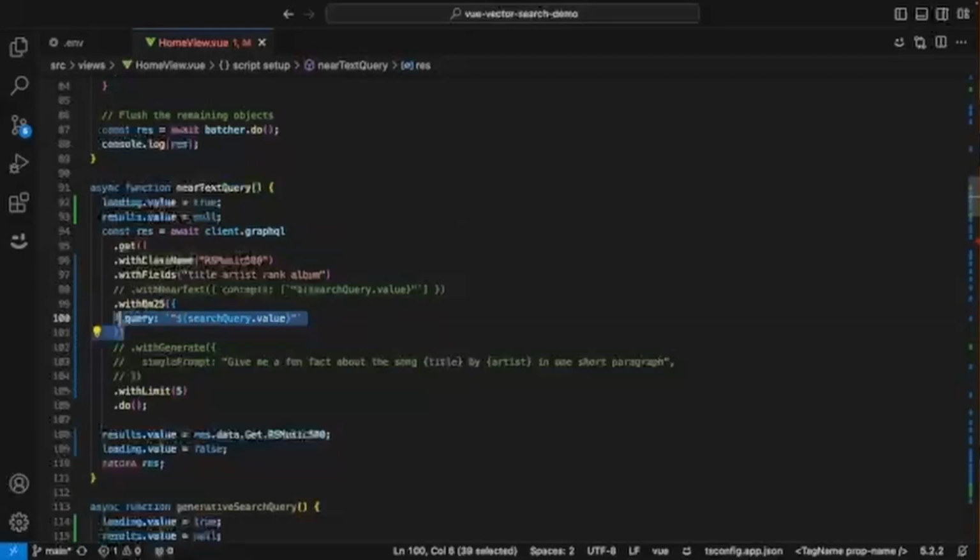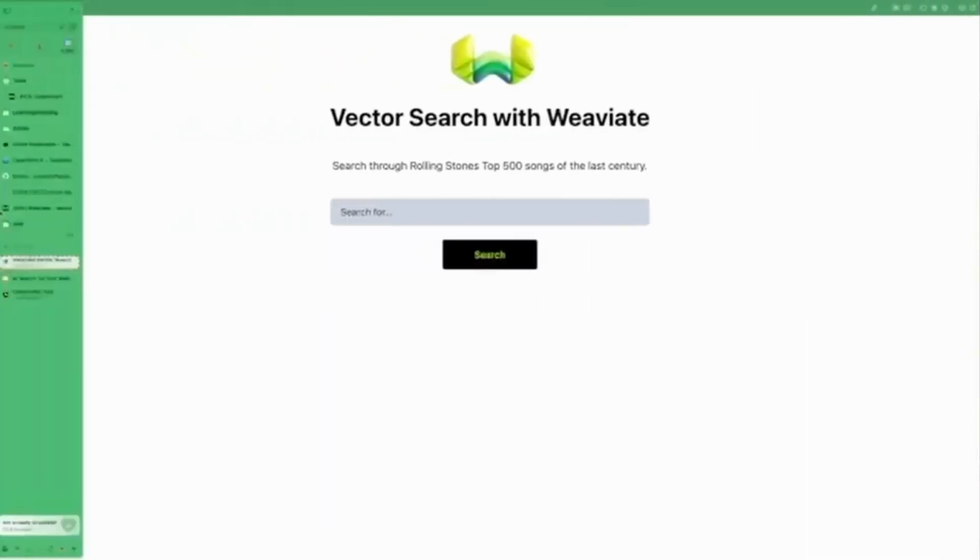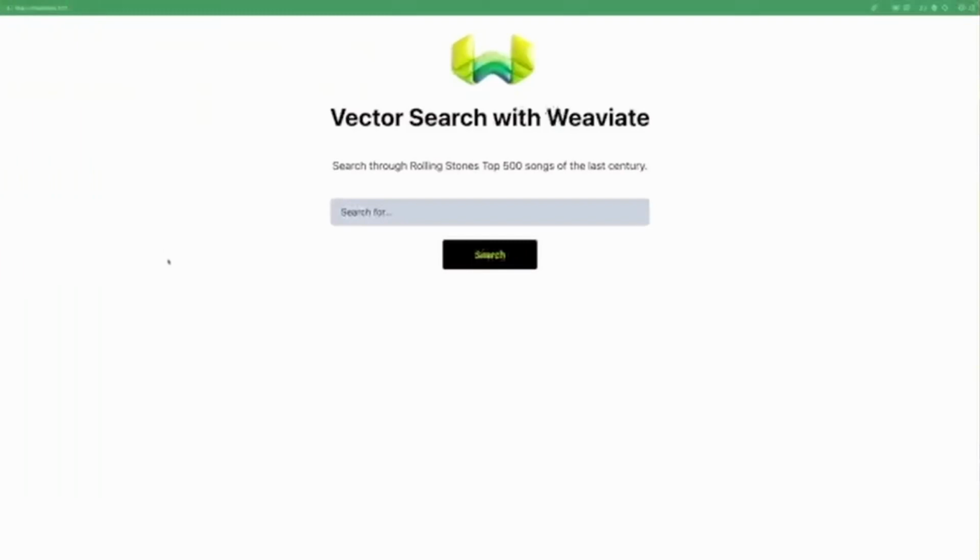What we want to do is comment that out to actually use semantic search, which is near text. And so now we pass our search query that the user enters as a concept, and then Weaviate does the query. So now we'll save this, go back to our application, refresh, and now when we search animals, we should get,